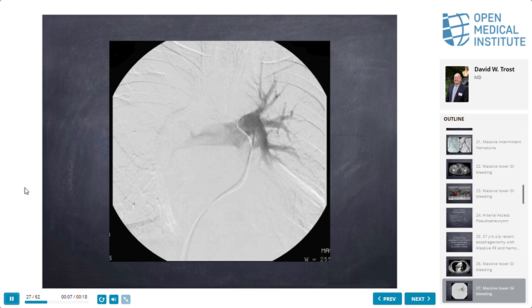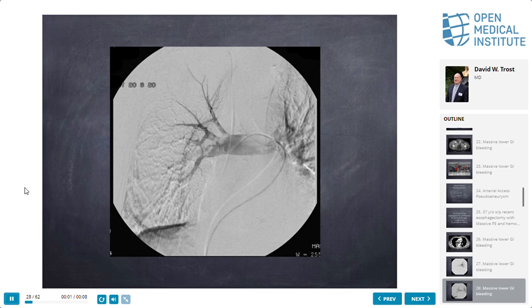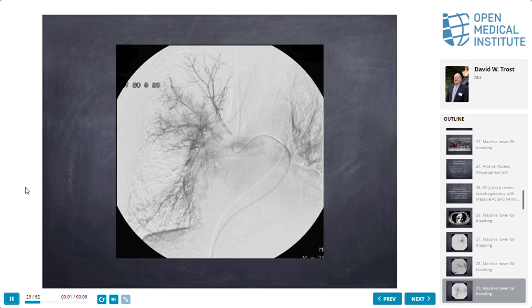There doesn't seem to be that much on the left side, but his O2 saturation was only 80% on a large amount of oxygen. So what we did is, this was a combination of fragmentation and giving urokinase at the time, and we ended up